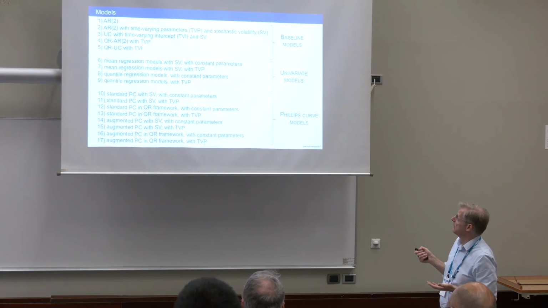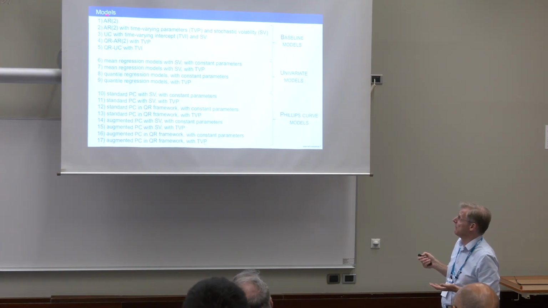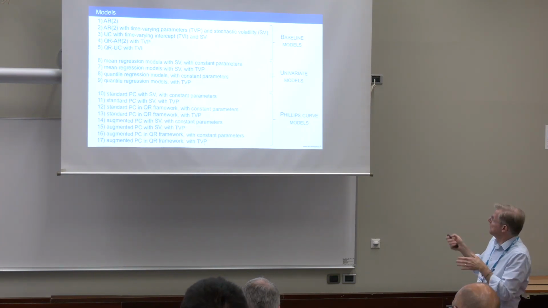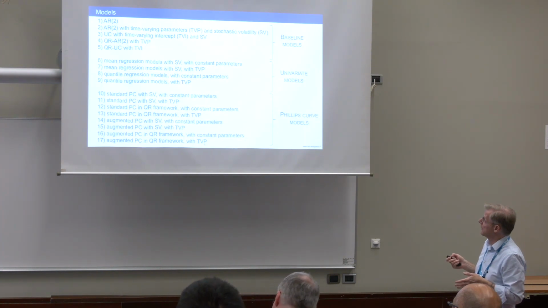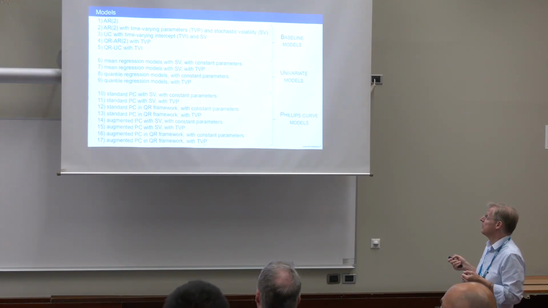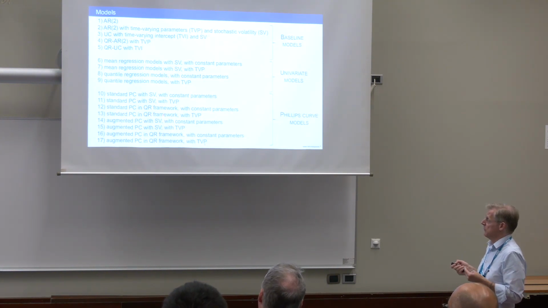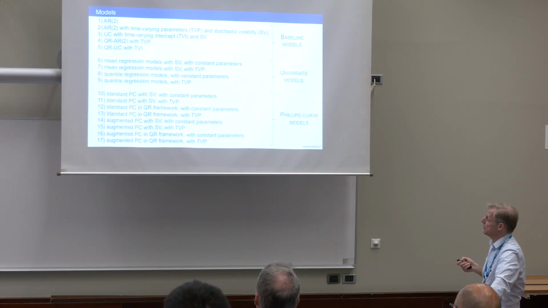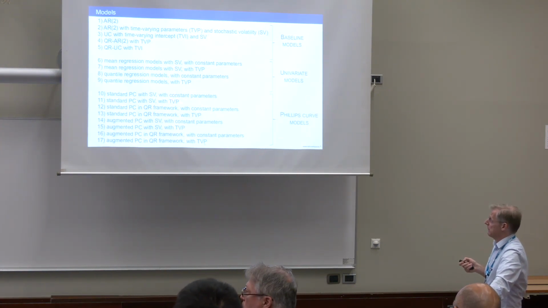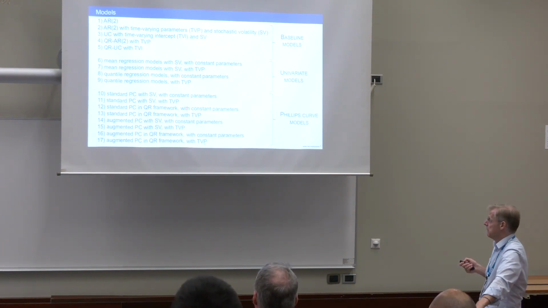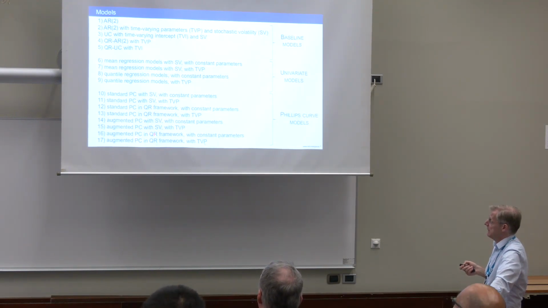So all in all, we compare these models with several other specifications. Some are, of course, the baseline, very simple without predictors. By the way, everything we compare to is predictions of AR2 models. Then we also compare to not only quantile regressions, of course, with constant and time-varying parameters, but also mean regression models with stochastic volatility in this case. We also consider standard Phillips curves, which means without the additional financial predictors, with constant parameters and time varying parameters, some also within a quantile regression framework, and some not.